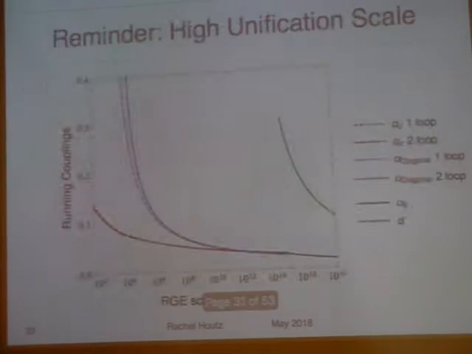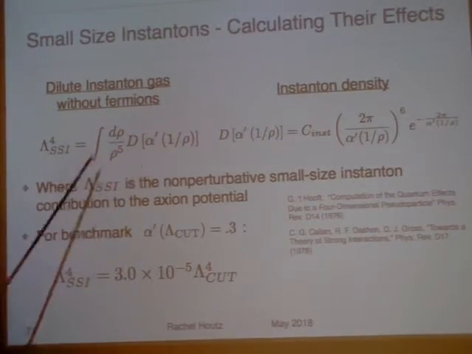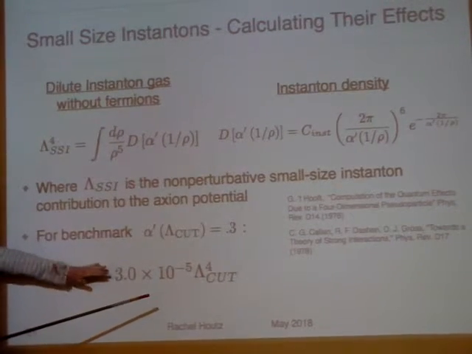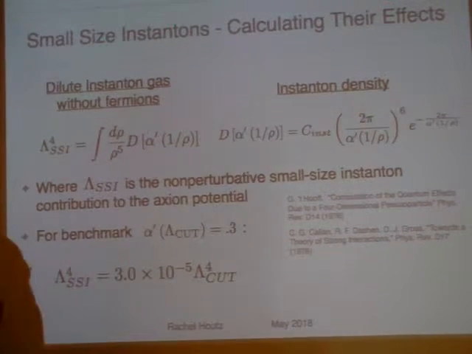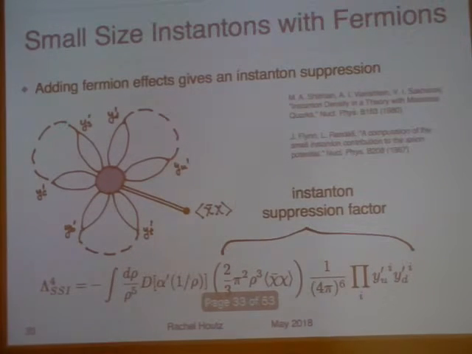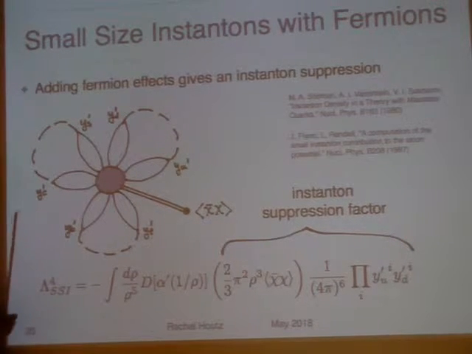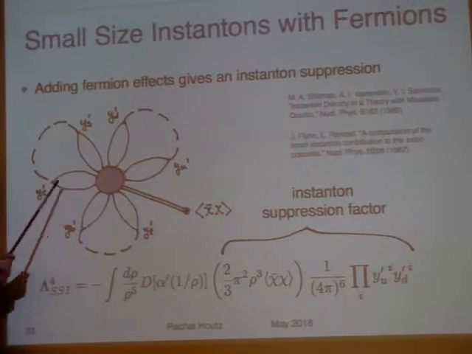All right. So this is a very naive estimation. It showed that these instantons had a huge effect, right? So we can't just ignore them. We have to actually do the calculation. And we don't have a theory without fermions, right? We have quarks charged under SU3 prime, so they're talking to our instantons. And so you can actually calculate this suppression in the presence of instantons in the presence of fermions.